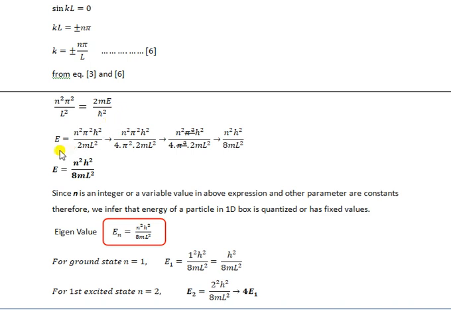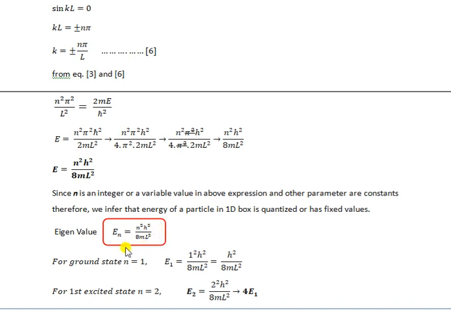Now we calculate the value of E, which is total energy. So this is equal to n square pi square h cross square upon 2mL square. H cross means h upon 2 pi, so h cross square equal to h square upon 4 pi square. Pi square cancels with pi square, so it becomes n square h square upon 8mL square. So the total energy E equal to n square h square upon 8mL square. It depends on the integer n, so we can write it as En. This is called the eigenvalue En. En equal to n square h square upon 8mL square.